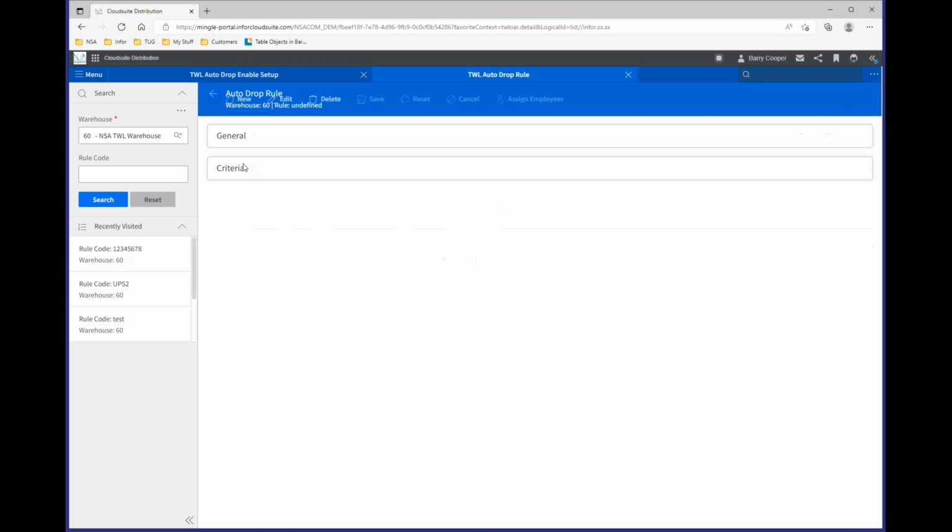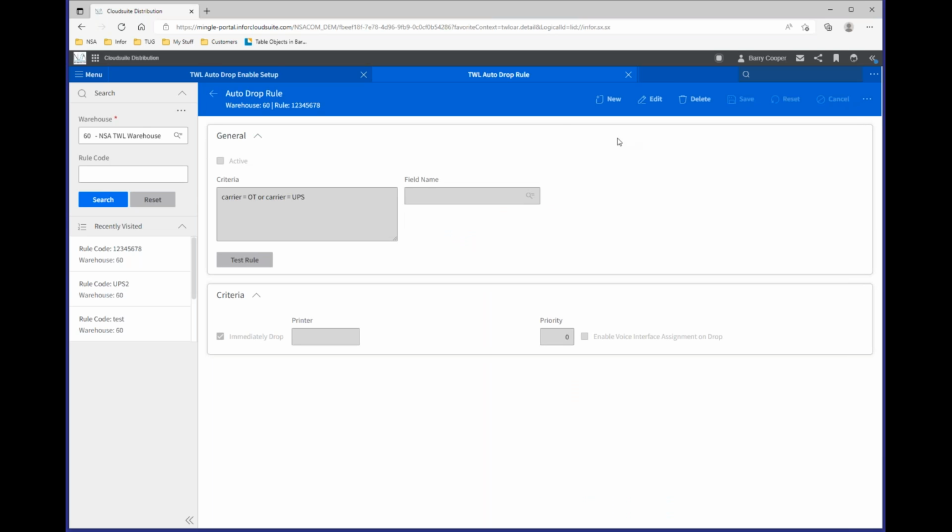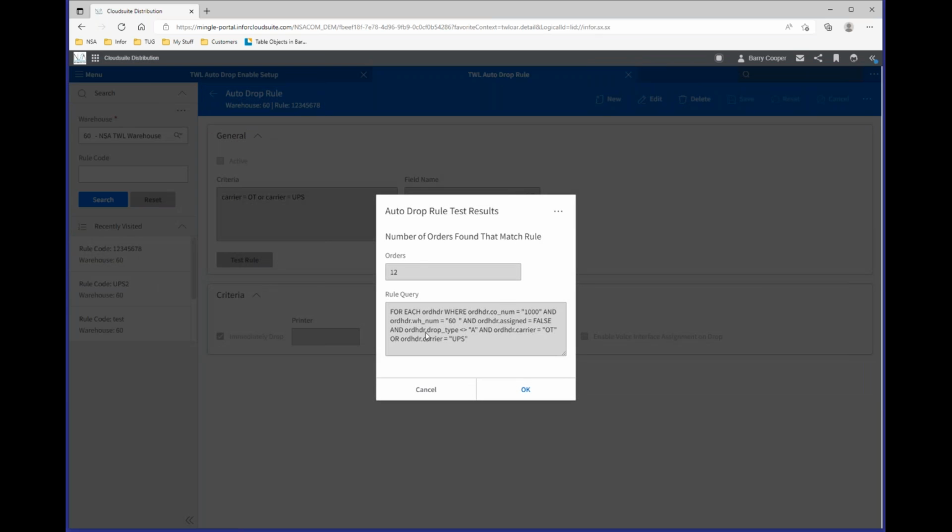I'm going to back out here, and as I go in, and I'm not going to edit it this time, you'll see that I have a test rule button. So once I've got my rule written, I can test my rule, and it's going to tell me how many orders currently sitting in my order manager match this, and it's going to show me the entire query itself. So we see that I only wrote carrier equals OT or carrier equals UPS, but what the system is